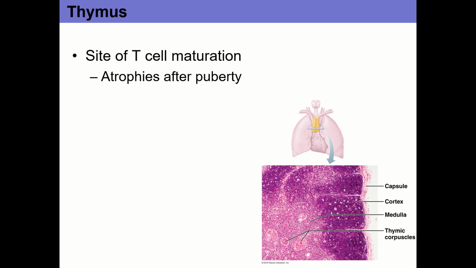And then the last thing is the thymus. So as mentioned, the thymus is where we're going to get maturation of some of the T cells, and the thymus is in the neck area. And as you can see there, it atrophies, which means that it shrinks after puberty. So as we age, it eventually gets replaced by fibrous and fatty tissue. And so why that matters is,